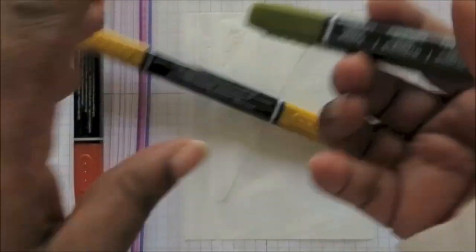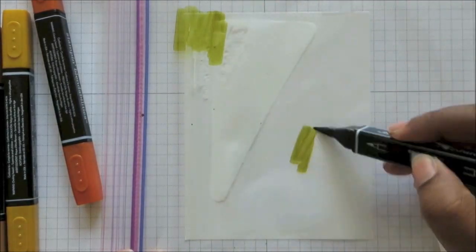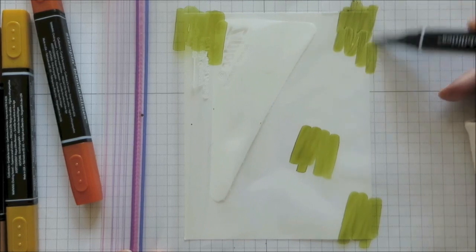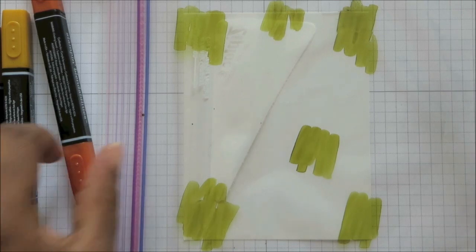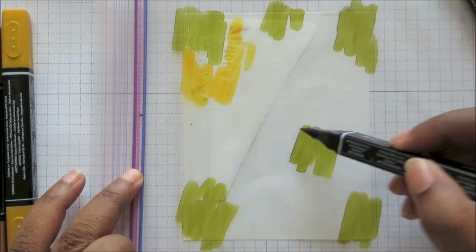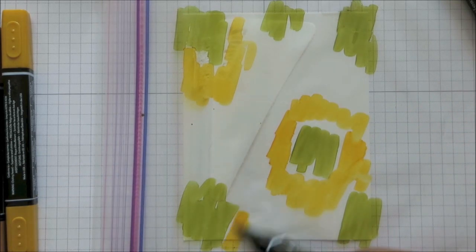So start with whatever color marker you want and start scribbling. You can scribble anywhere on your Ziploc. Again, the glossy cardstock that I have on here right now is under the Ziploc, and I'm scribbling on top of the Ziploc, and I'm scribbling randomly different colors, and I've chosen my color palette in advance. Now, one thing that you might like to do on your own is when it comes to choosing what colors you use